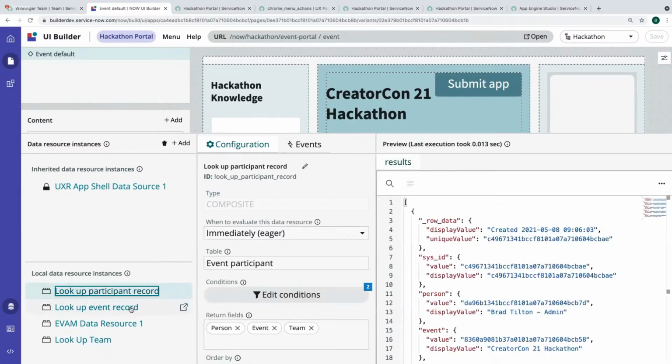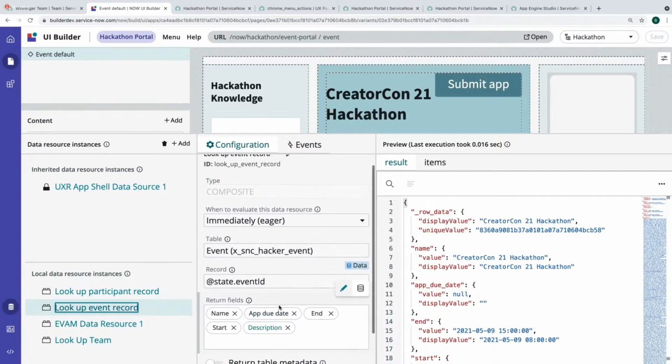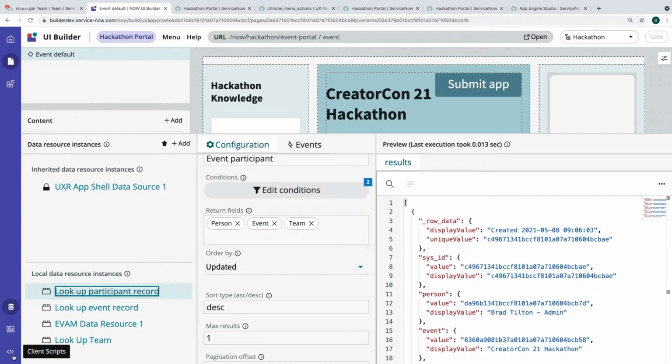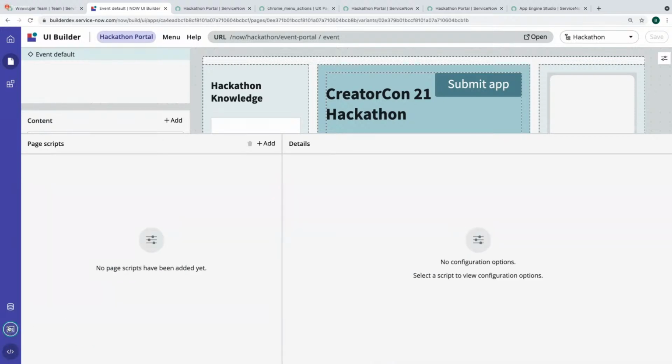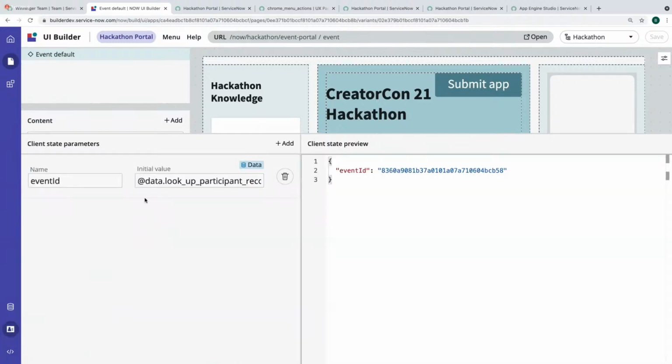So we're doing it all immediate. I'm not calling a data resource from another data resource, which is, I think, what I thought I was going to have to do when I first did this. When do we write the event ID to the... Do we have? All right, so one of the things we do is we take a value from one data resource and then we write it to a client state parameter and then use it in another data resource. So maybe we need to do that with this one. Maybe the data resources don't like sharing without you explicitly telling them to.